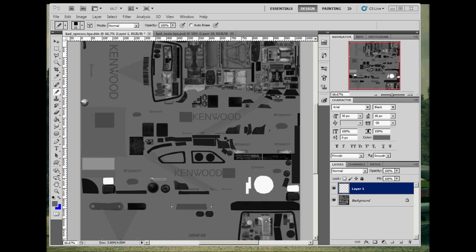What I'm going to talk about here is two things. One, the specularity layer, and also how to save out your files so you can get them to show up nicely in game. I'll also show you how to pack them up nice and neatly and put them where they're meant to go, and then show you how to see your car in game. Now, with the specularity layer, you can see here I've got the Kenwood car specularity open,